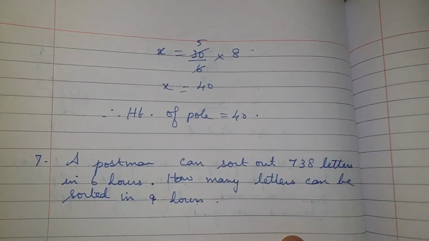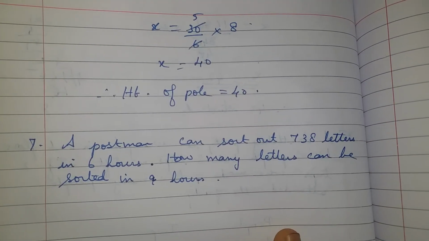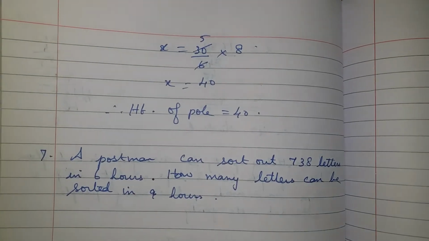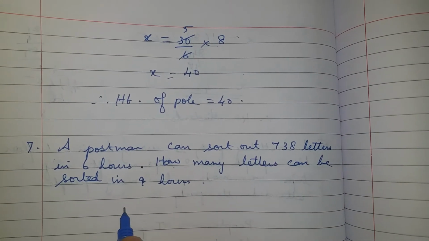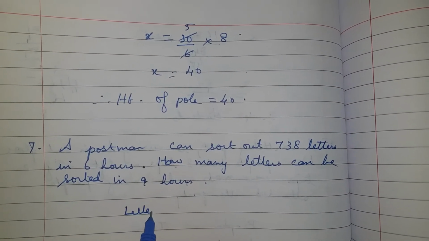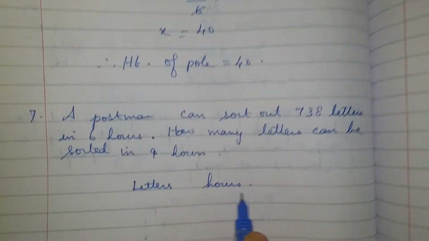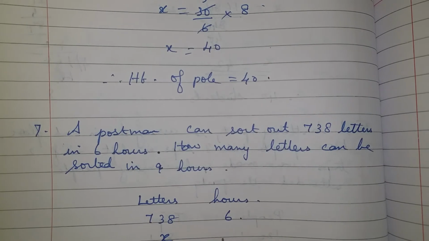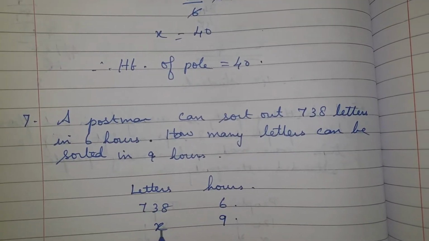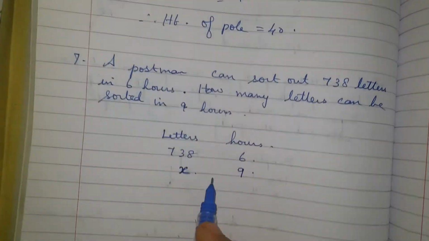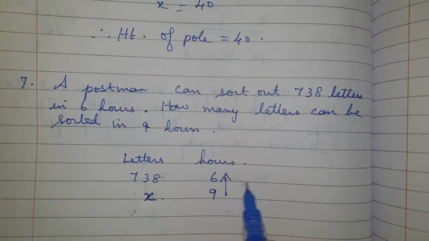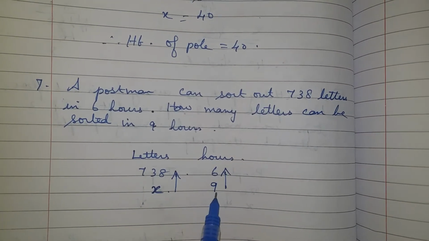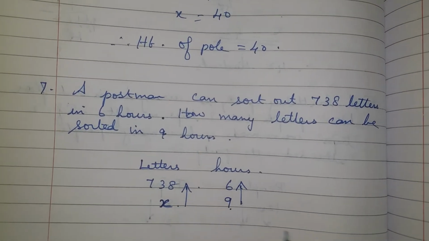Seventh sum. A postman can sort out 738 letters in 6 hours. How many letters can be sorted in 9 hours? So a postman can sort out means can separate 738 letters in 6 hours. So you write letters hours. So how many letters? 738 letters in 6 hours. How many letters can be sorted out in 9 hours? So how many means you can put it as x. So number of hours increases means the number of letters can also be increased. So number of the time is increasing means the number of letters to be sorted out can also be